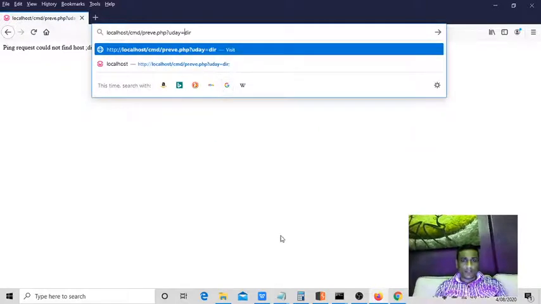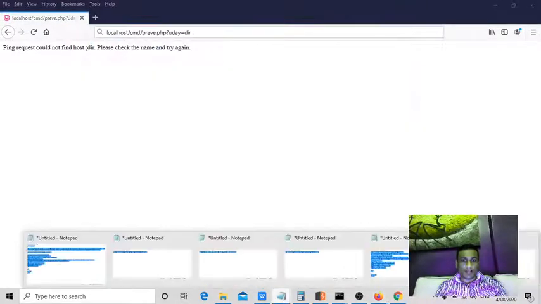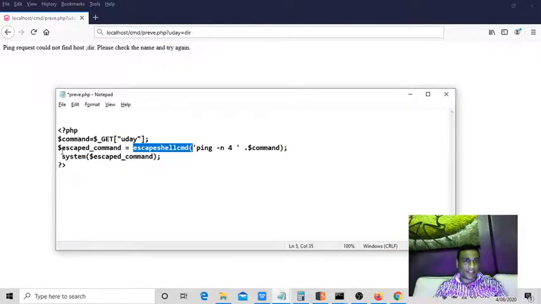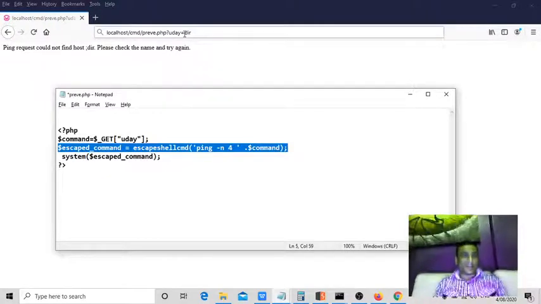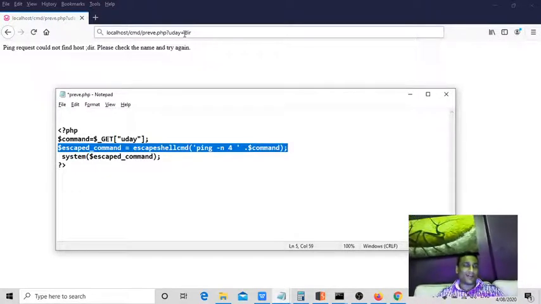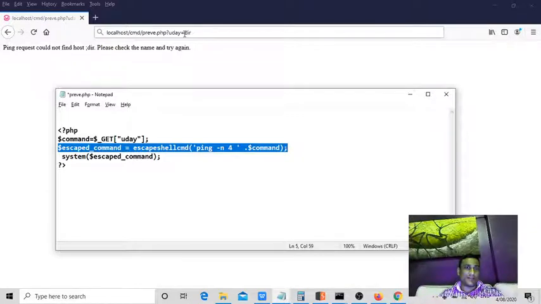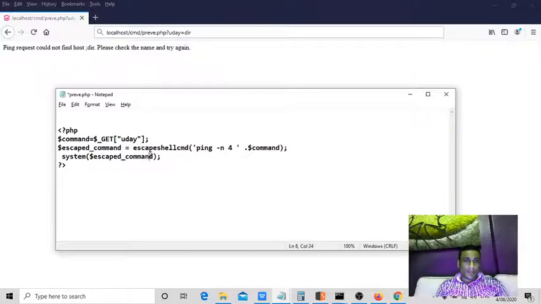So now you guys understood how command injection can be fixed with just one line of code. Sometimes if you cannot see the result, don't end up playing for many days trying to check whether the application is vulnerable to command injection or not, because with just one line of code you can fix command injection. It's using escapeshellcmd.